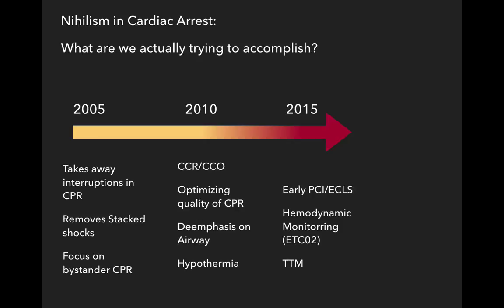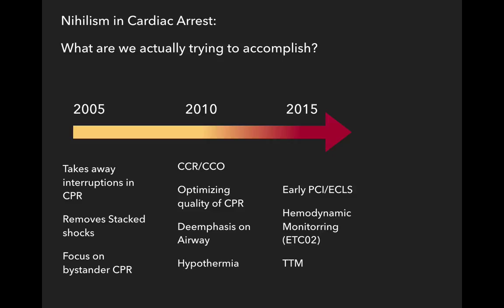So they found that there was an association with interruptions in chest compression in animal models and really abysmal rates of ROSC. So they did some more studies and concluded that there was something to minimally interrupted chest compression, something to early bystander CPR, high quality CPR, and recognized the importance of the quality of chest compressions. And in 2010, CCR, or cardiocerebral resuscitation, this is basically a minimally interrupted chest compressions approach to cardiac arrest,